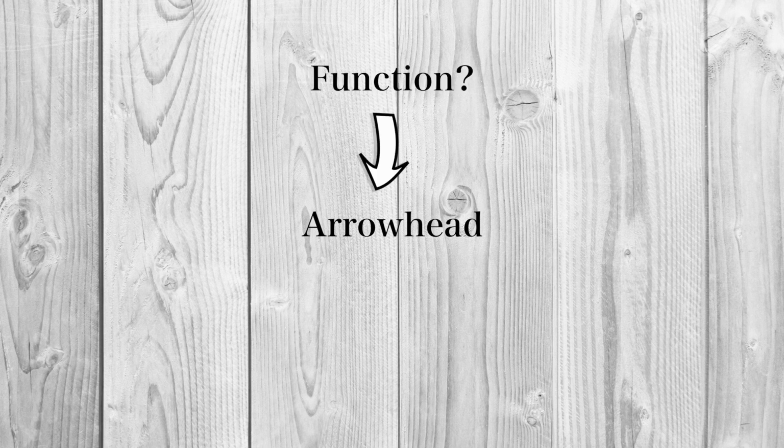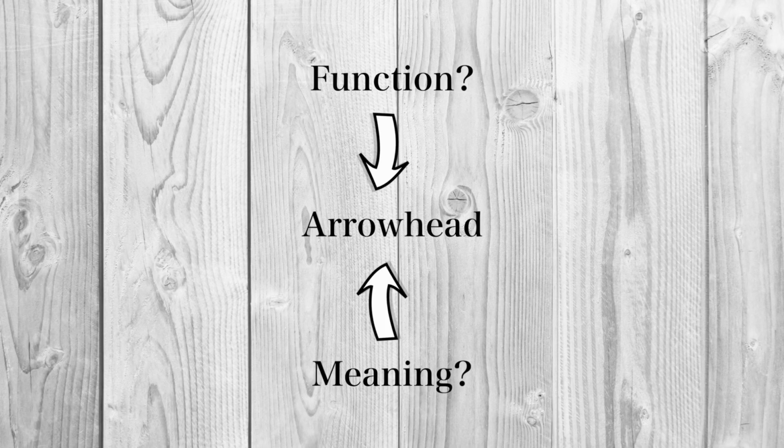I think it's really easy to assume that, let's say you found an arrowhead, right? What was the function of that arrowhead? That's like the first thing that you're going to think of. But you also have to think about the meaning that that arrowhead had for the people who used it. So maybe certain arrowheads are actually associated with higher status or lower status. I mean, there's so many things and so many different ways that you could take this example that has more to do with the physical function of that arrowhead.